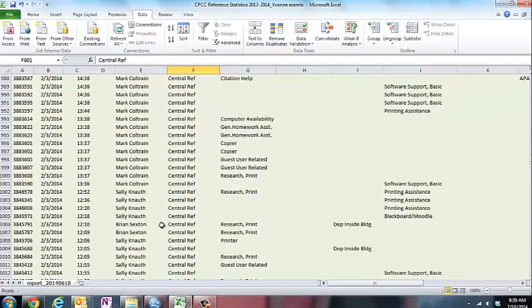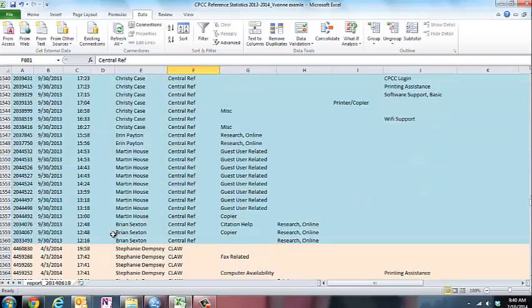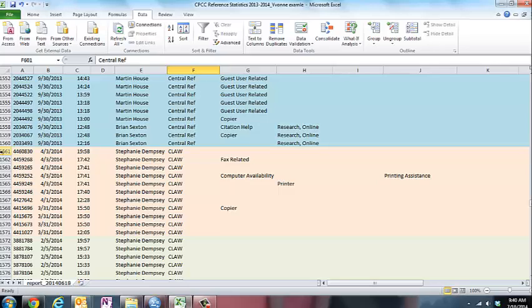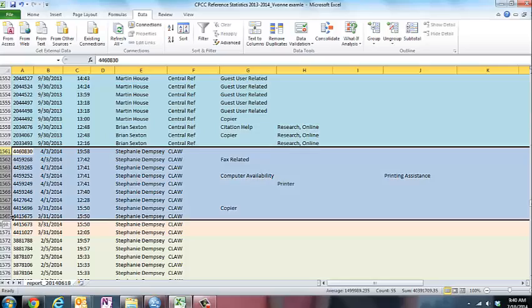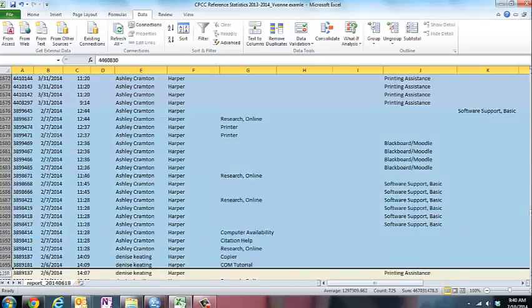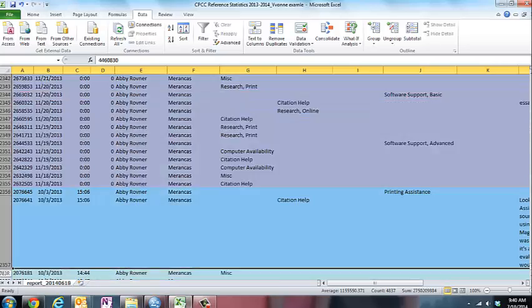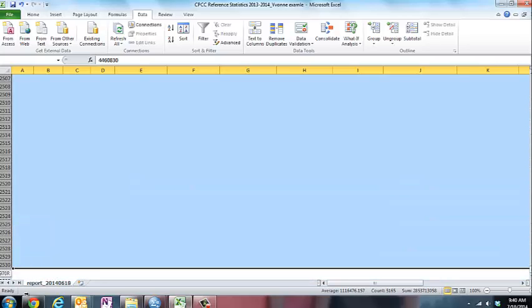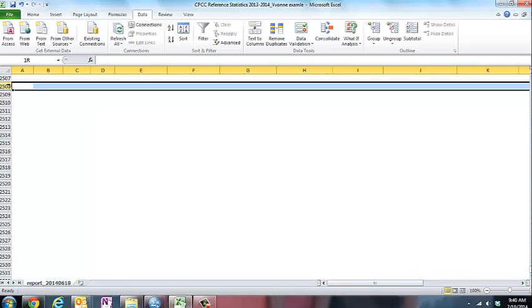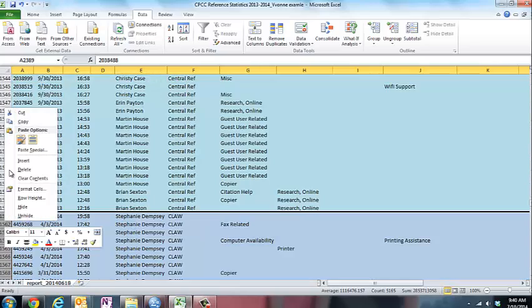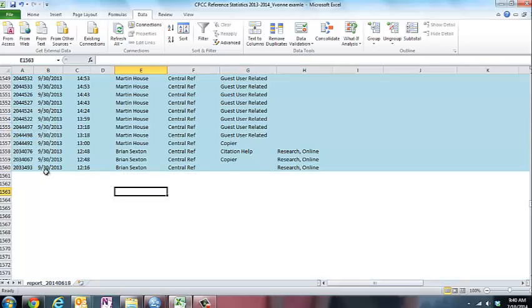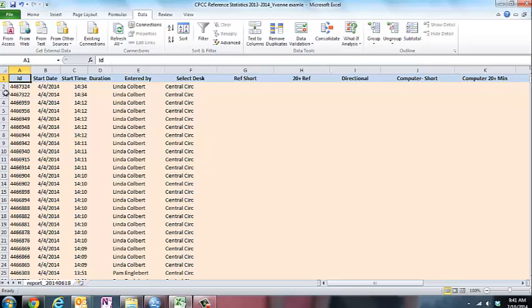So I'm just scrolling down to the end of the central reference, and then so we're up to row 1560, and then everything after that is information about other campuses that I do not need to know for this analysis. So I'm just going to highlight all of those and delete them. So I right click and delete. So now I have 1560 rows here. Actually, that first row is a header row, so I have